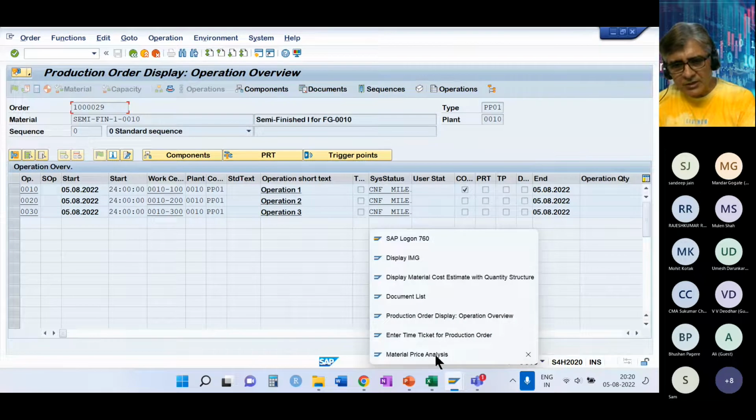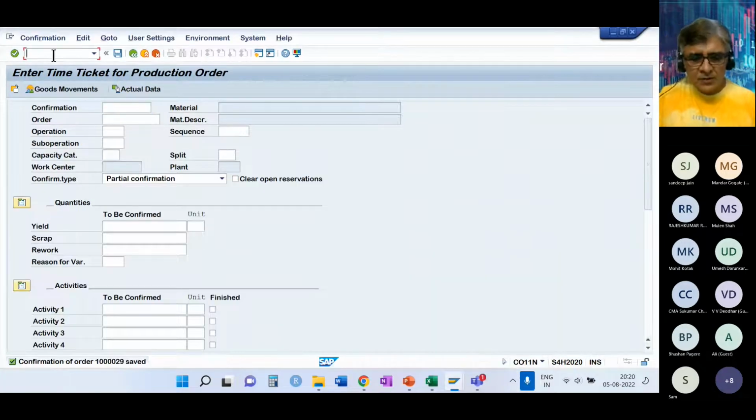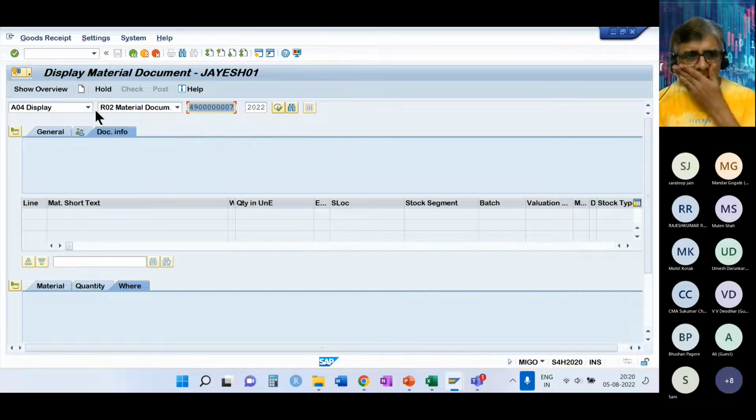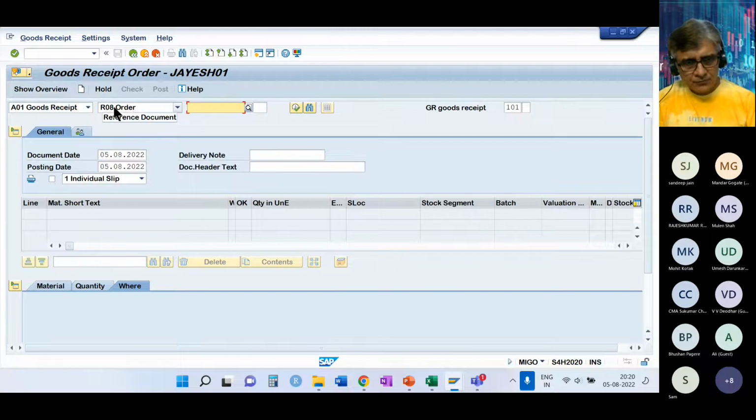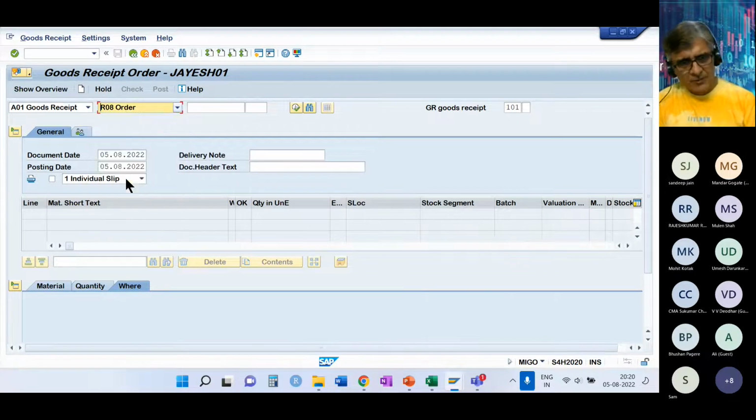So now we'll receive the material. So to do that, I'll go to MIGO. And I'll have to select goods receipt for order. Now here you can also do purchase order, and this order means it is a production order.